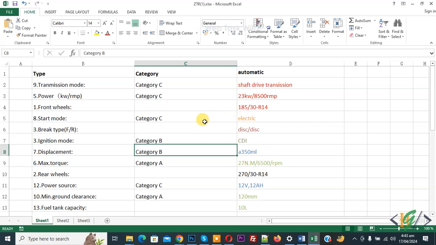Bismillahirrahmanirrahim. Assalamualaikum. My name is Hassan and today we are going to sort data into ascending or descending order in